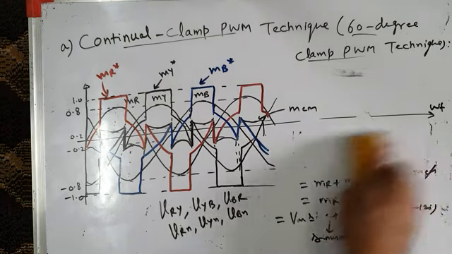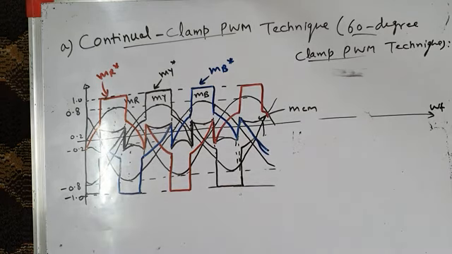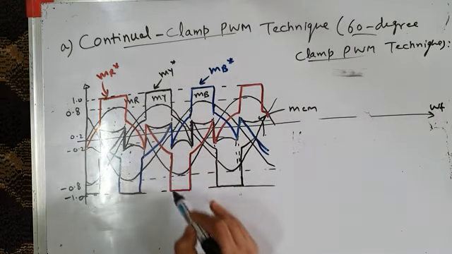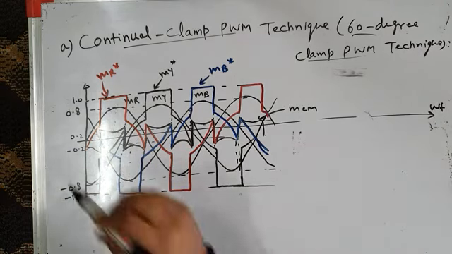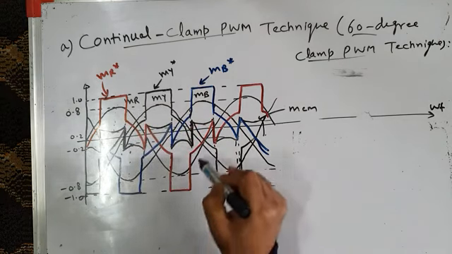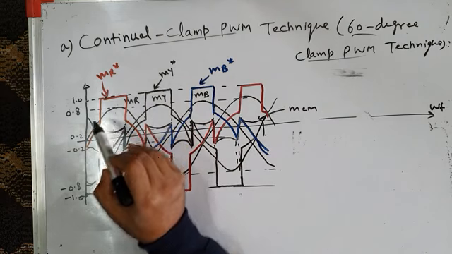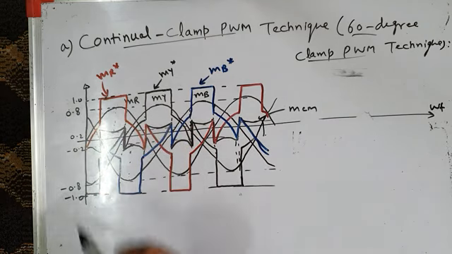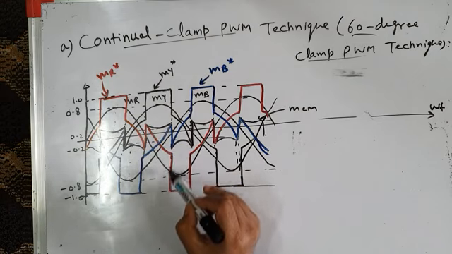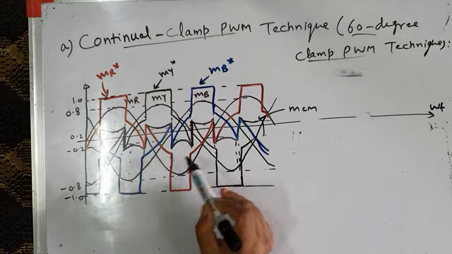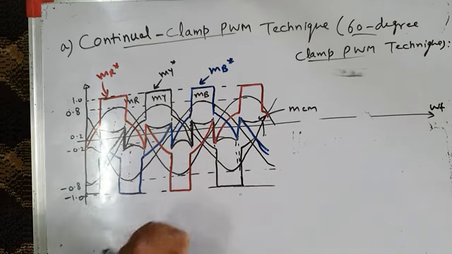Now the question is, why did we go for this type of modulating? Why did we modify the modulating waves like this? Because it resulted in bus clamping. You can see in one cycle of inverter output voltage, phase leg R is clamped in the positive half cycle from 60 to 120 degrees. And in the negative half cycle also, it is clamped over this 60 degree interval. So in the positive half cycle, 0 to 60 degrees, there is switching of phase leg R.